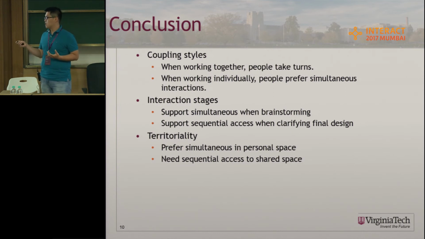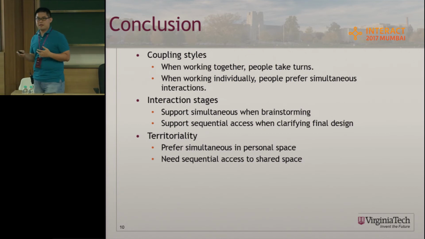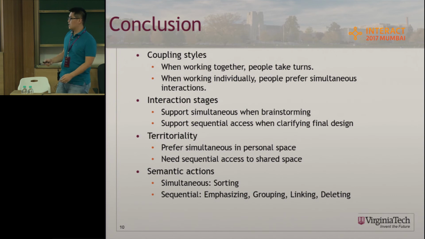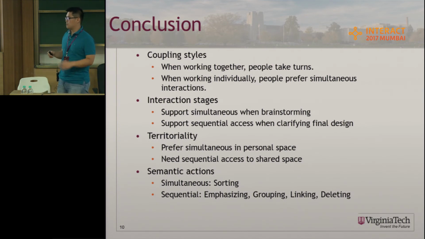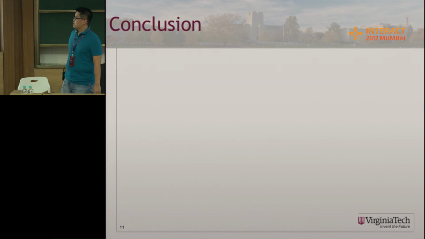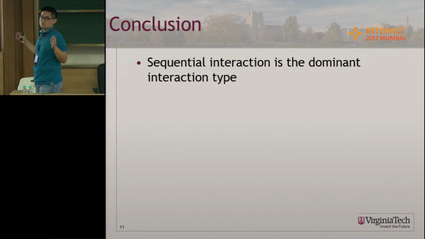But for shared space, like if we know this part belongs to everybody, similar to this one, provide sequential access to let people make changes. For semantic interactions, the simultaneous interactions lie more in the sorting. For those types of actions, people prefer simultaneous interaction, but most of them are still sequential. So sequential interaction is still the dominant interaction type, even though those large multi-touch devices can afford 100 simultaneous